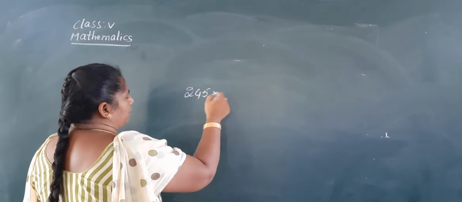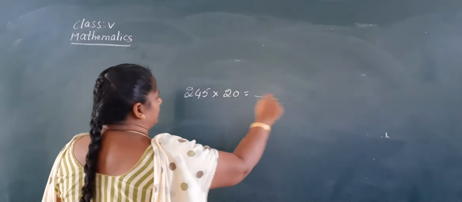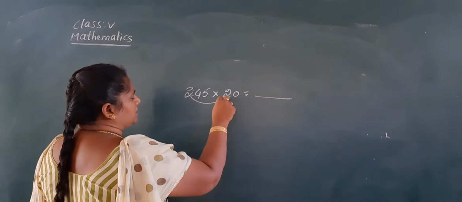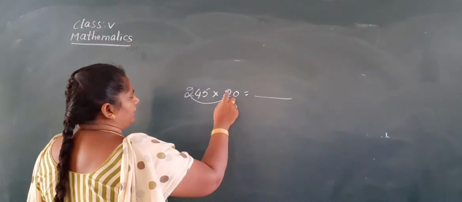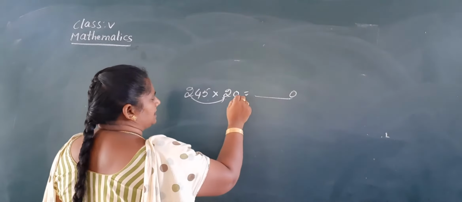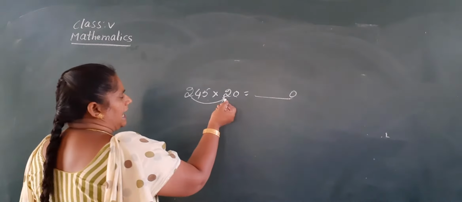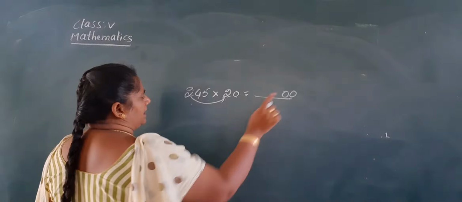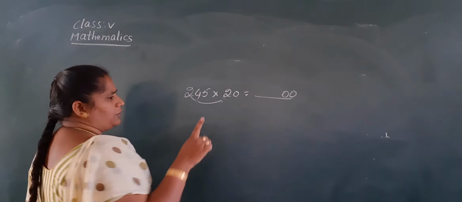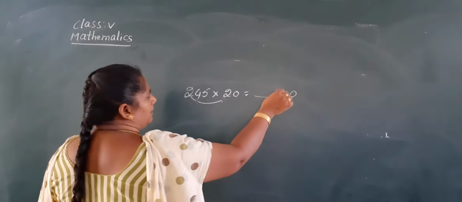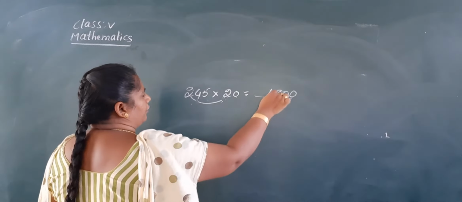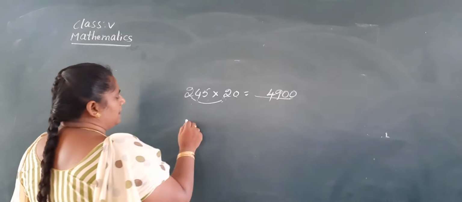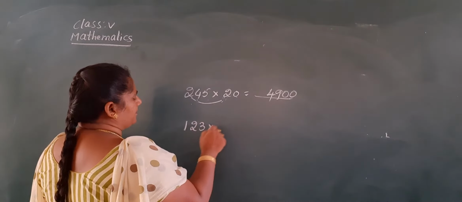Suppose you take 245 into 20, it's very easy, Nana. So let us multiply these two numbers first. First you keep 0 in the ones place. This 0 is same as it is, and multiply the number by 2. 2 5s are 10, 1 in hand, 0 is down. 2 4s are 8 plus 1, 9. 2 2s are 4. Finish. So answer is 4900.